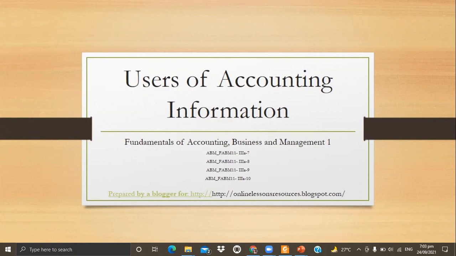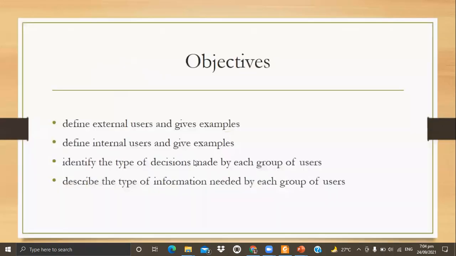So chapter 3, users of accounting information. Sino-sino nga ba yung nangangailangan ng accounting information? Okay, so our learning objective for this chapter is for us to define the external users and internal users, and we should be able to give examples of each user, and then identify the type of decisions made by each group of users.